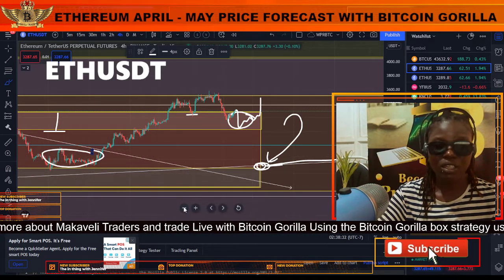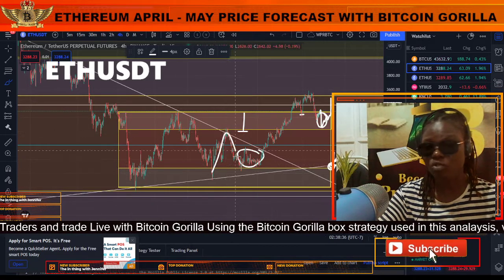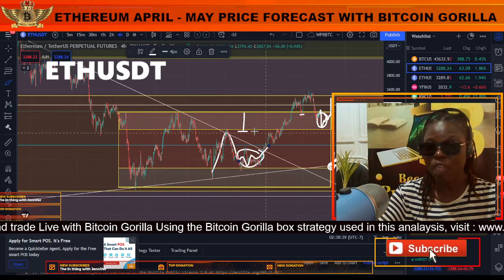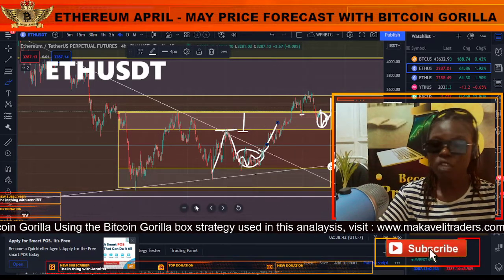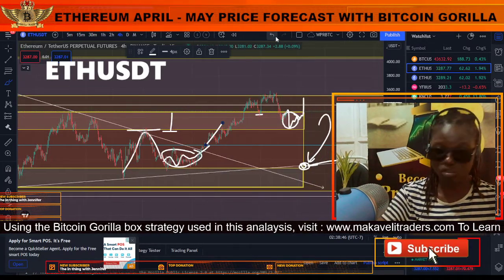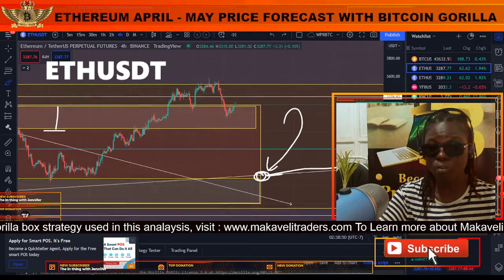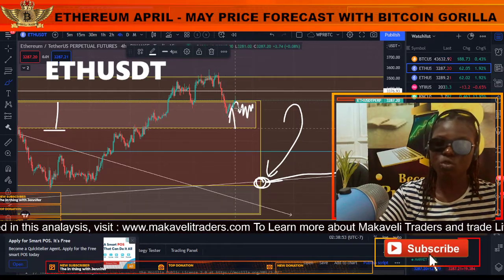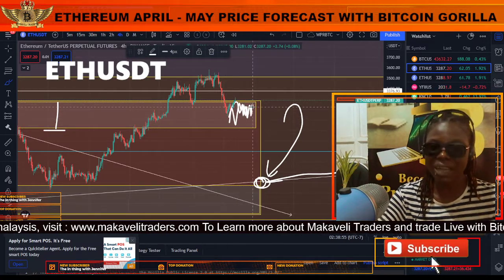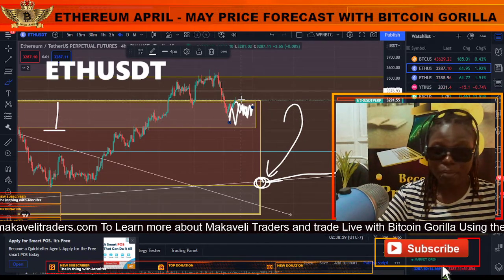You can see they tried to make it up before, so when they failed, they had to return to accumulate the strength to help them overcome it when they return. So we're going to see that kind of thing happening. If the bulls keep their strength, things are likely going to change. And here's what I see coming, right? According to the box, they will accumulate around this zone. They will start forming a sideways market, and this sideways market will cause a back and forth movement within the price range of